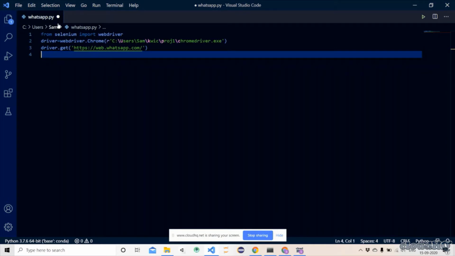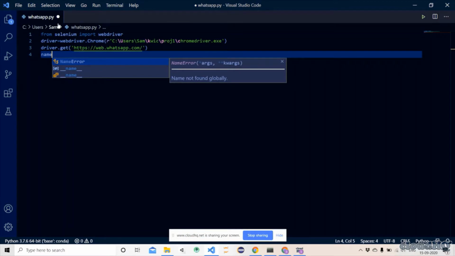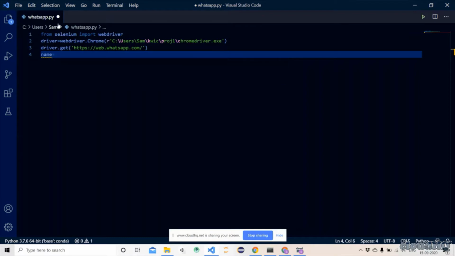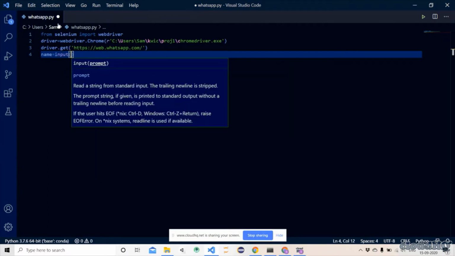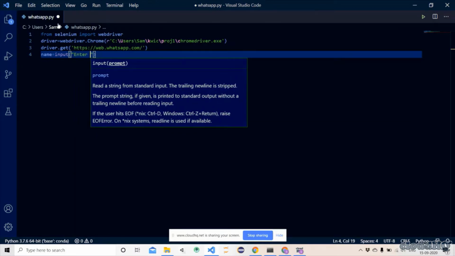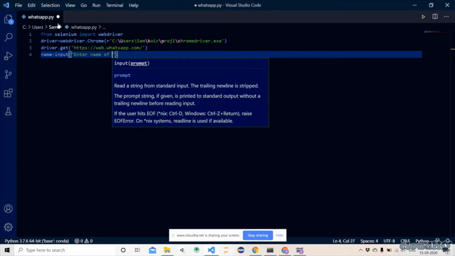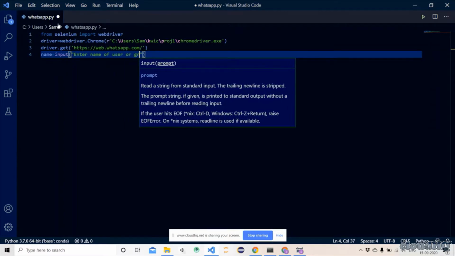We would take the name of the person you want to send images to from the user, and this would go in the command line. So input, enter name of user or group.